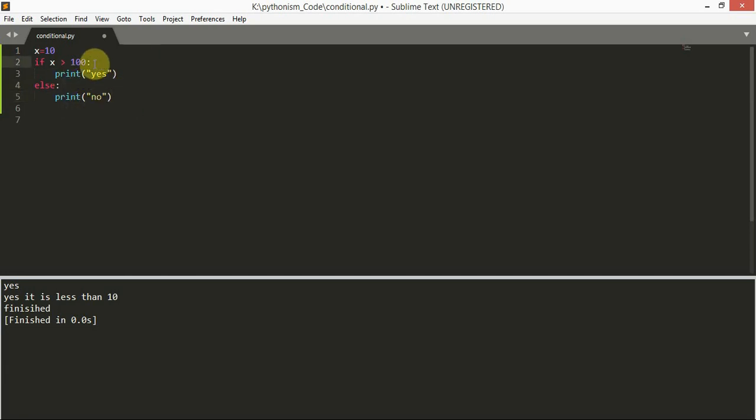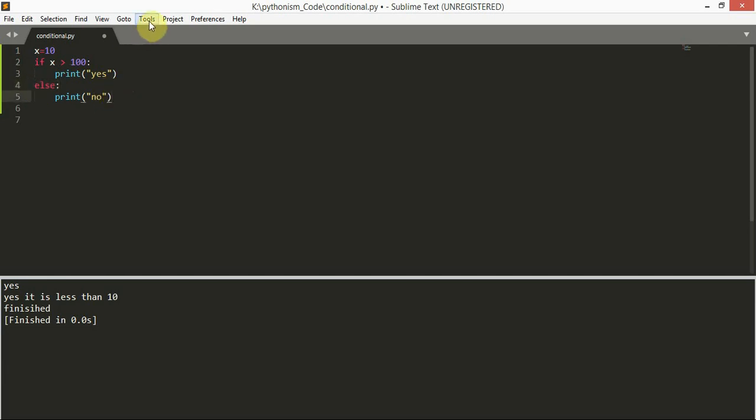If this condition is true, it executes these statements. If this condition fails, then it executes these else statements.